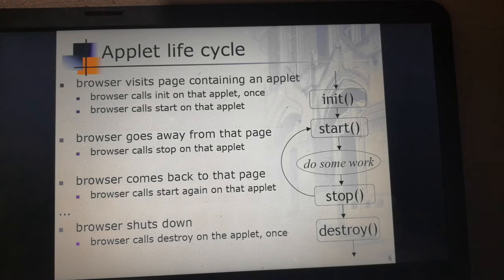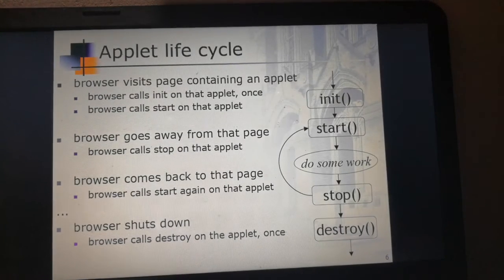Normally it will be a paint method. We normally use the paint method in the do some work part, and in the final step, when it comes to the termination section, it will call the stop or destroy methods. The first three methods are called the beginning phase of the applet, and the last two methods are called the termination section of an applet.